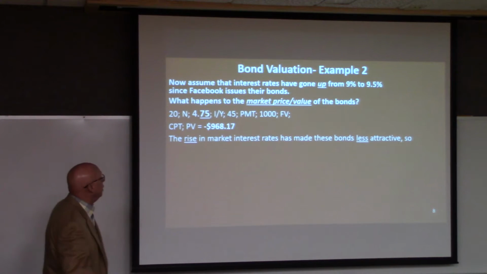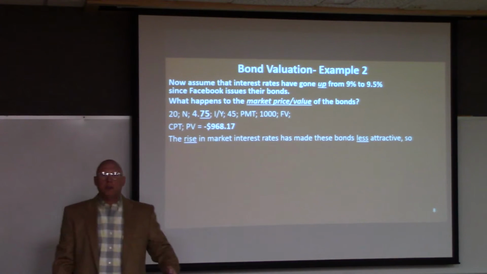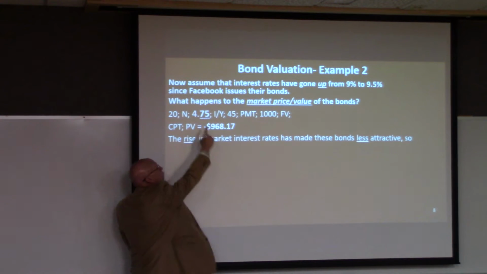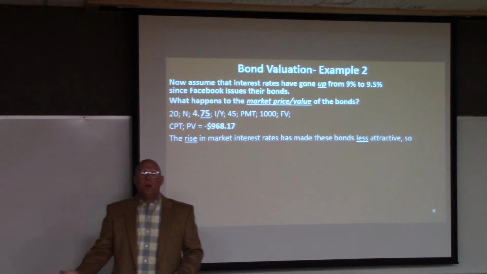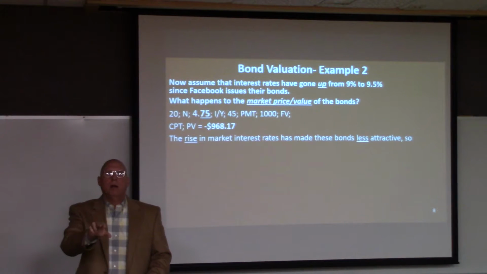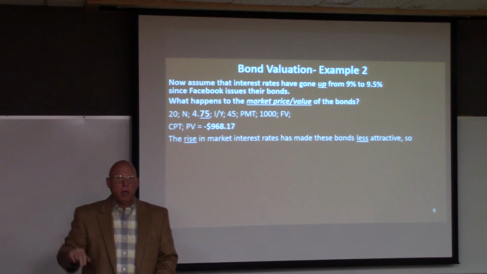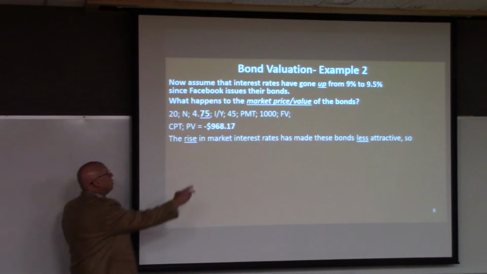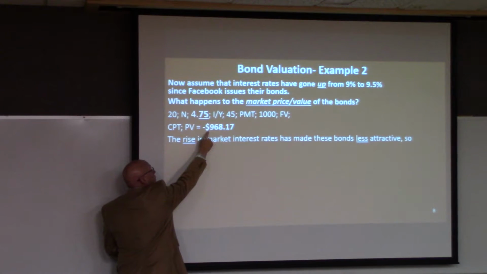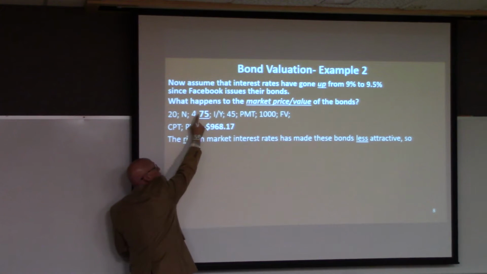So the rise in market interest rates, this I/Y right here, has gone up, has made these bonds less attractive. Now you could buy a bond at 4.75% instead of 4.5%. So if you were looking at two bonds and they both had the same price, and one bond paid 4.75% and the other bond paid 4.5%, which bond would you buy? Same risk. I would buy the bond that has the higher rate. Therefore, something has to give to make this bond that pays 4.5%